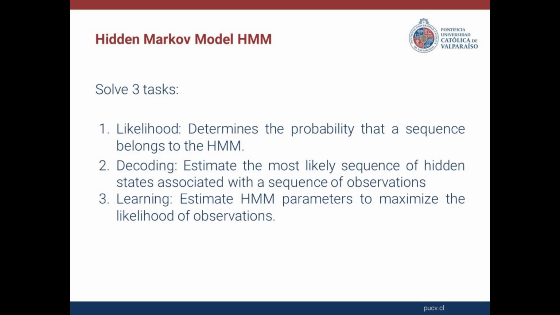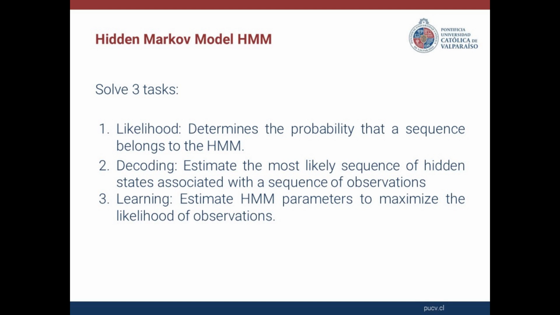The Hidden Markov model is able to solve 3 tasks. 1. Likelihood. Given a set of observations, determine their probability of belonging to the Hidden Markov model. 2. Decoding. Given a set of observations, determine the most likely chain of hidden states. 3. Learning. Given a set of observations, update the internal parameters of the Hidden Markov model to maximize the likelihood